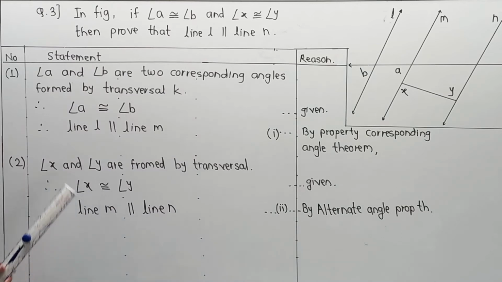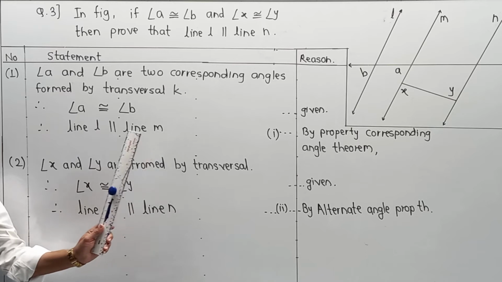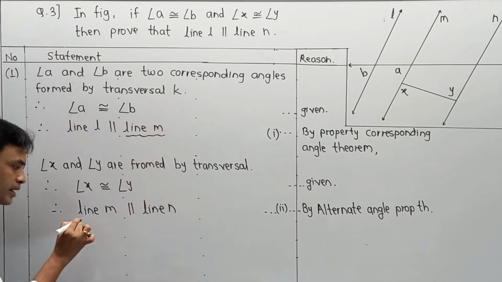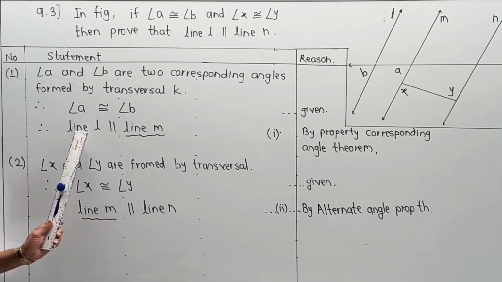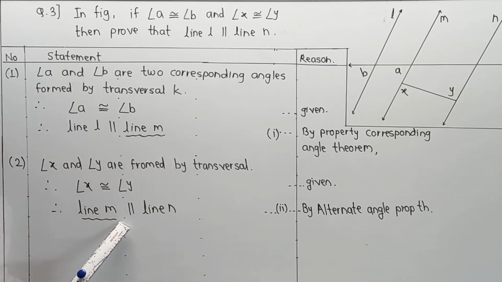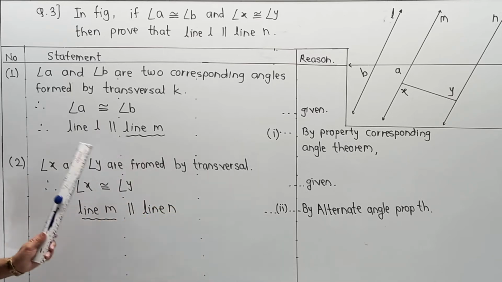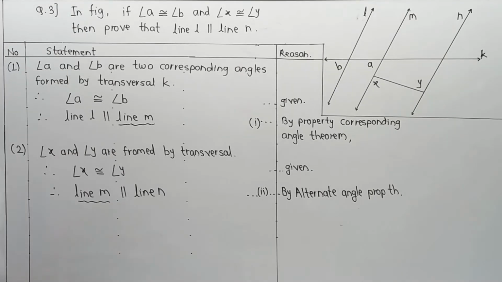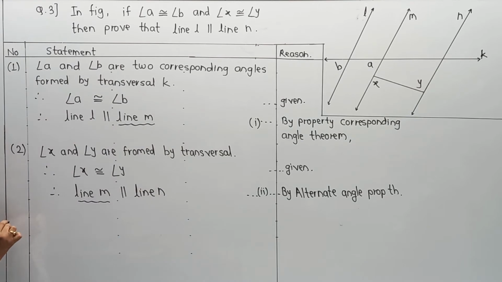Now, the next part is, in the first case we have said that line L is parallel to line M, and the same line M, now we are writing it parallel to line N. If L is parallel to M and the same line M is parallel to line N, so from 1 and 2 we can write that naturally line L must be parallel to line N. In this way, from equation 1 and 2, the third part is,